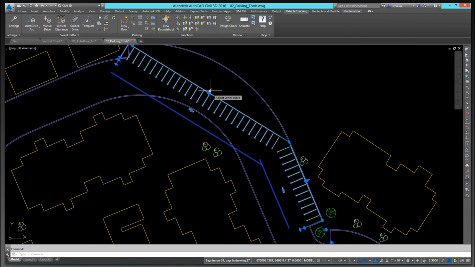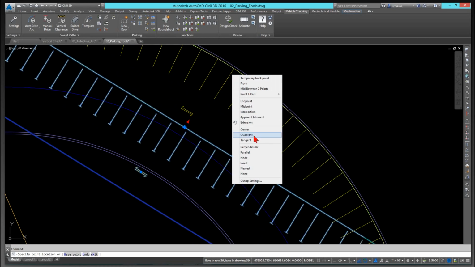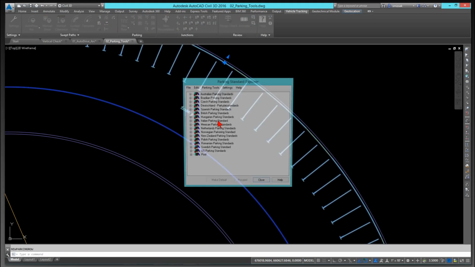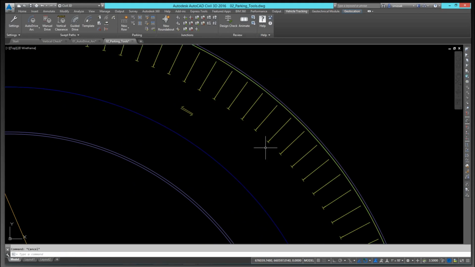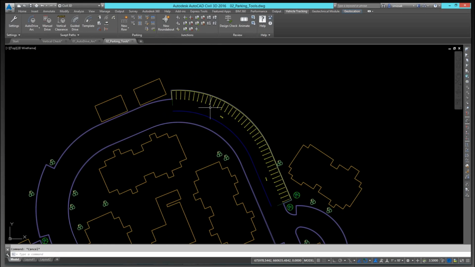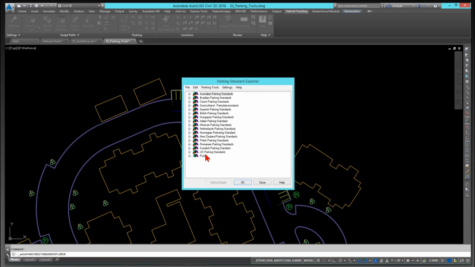Now what I can do is I can click, and I can say adjust to arc, and then snap to nearest. And say close. And I now have parking stalls for standard parking that are running along that line. I want to come in and see how many stalls I had. So I'm going to come into parking, parking standards, US parking,